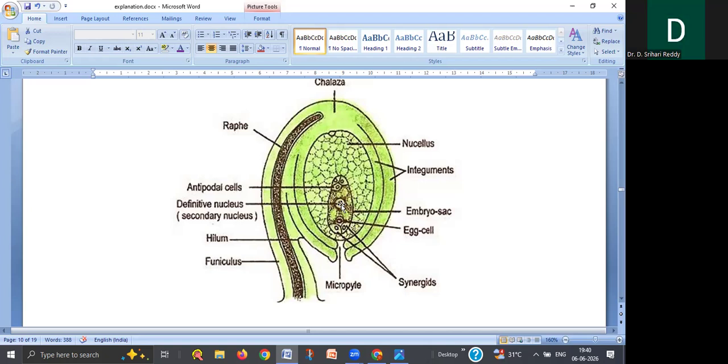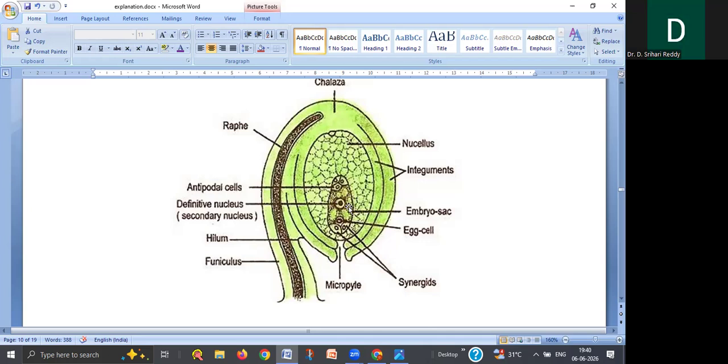Triple fusion, because it involves the fusion of three nuclei: two polar nuclei and one male nucleus. So it is called triple fusion. And double fertilization is the second part. It forms the triploid primary endosperm nucleus after the double fertilization. This is also called PEN, primary endosperm nucleus. It develops into